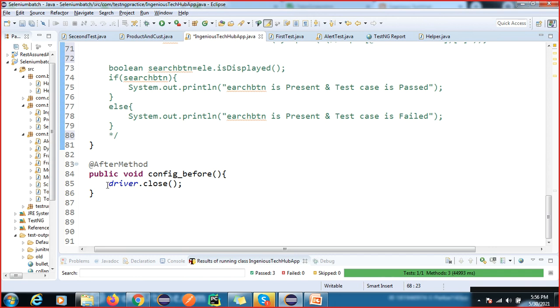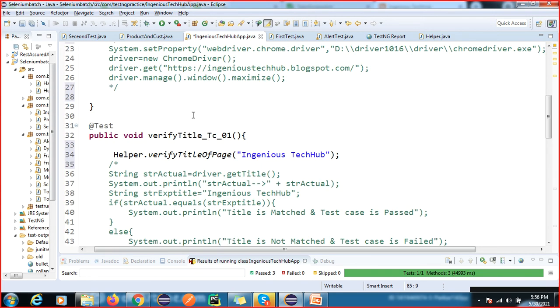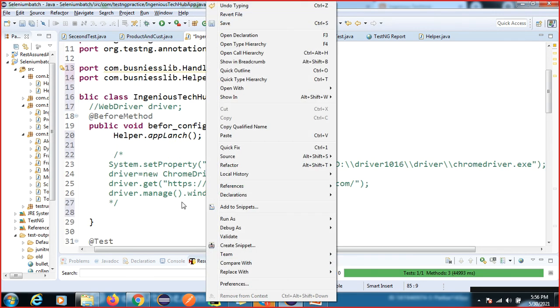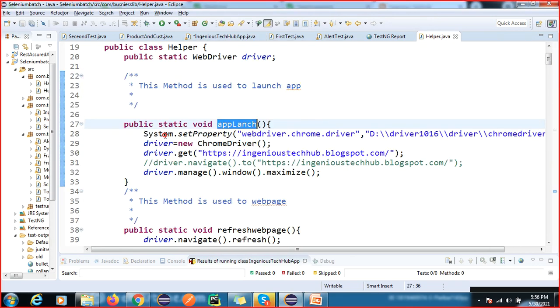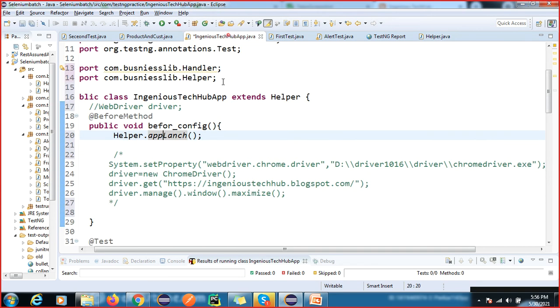We also have a method called helper.close. If you use this also, no problem. Now I'm going to execute this code. Did I change this URL? Yeah, same URL is there. So let me execute this.